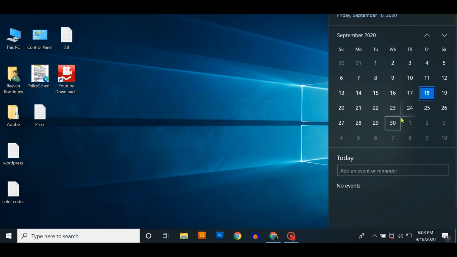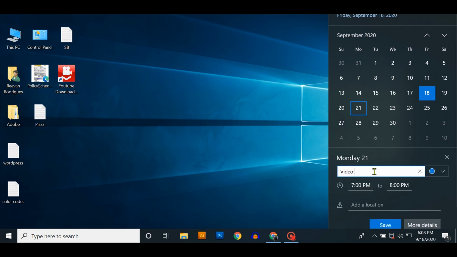When you want to save busy schedules or mark events, then you can save the events you like without even opening the Google Calendar. In all Windows 10 operating systems, you will get a built-in calendar set up on your computer. So just click on the date and time located at the bottom right corner of your taskbar, and here you can see a calendar. You can select the date that you want to save an event and add an event name. And this will send the reminder directly to your PC or laptop during that particular time.